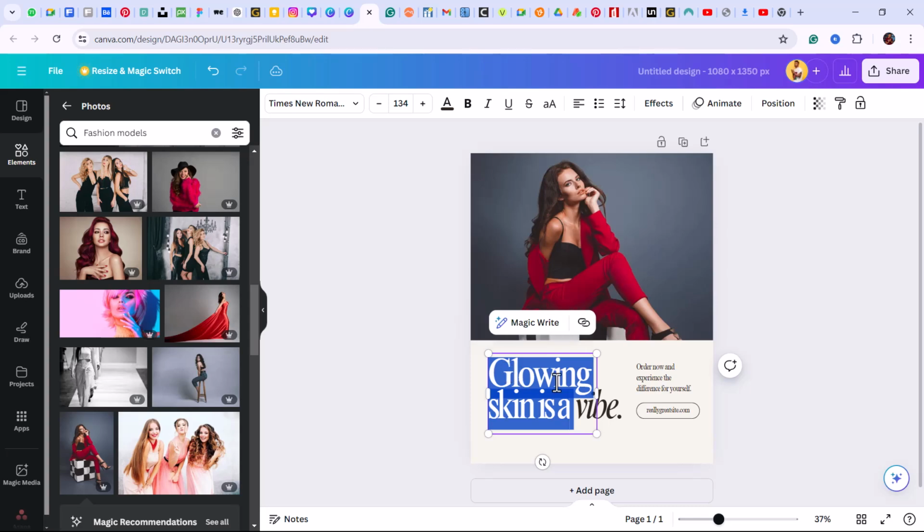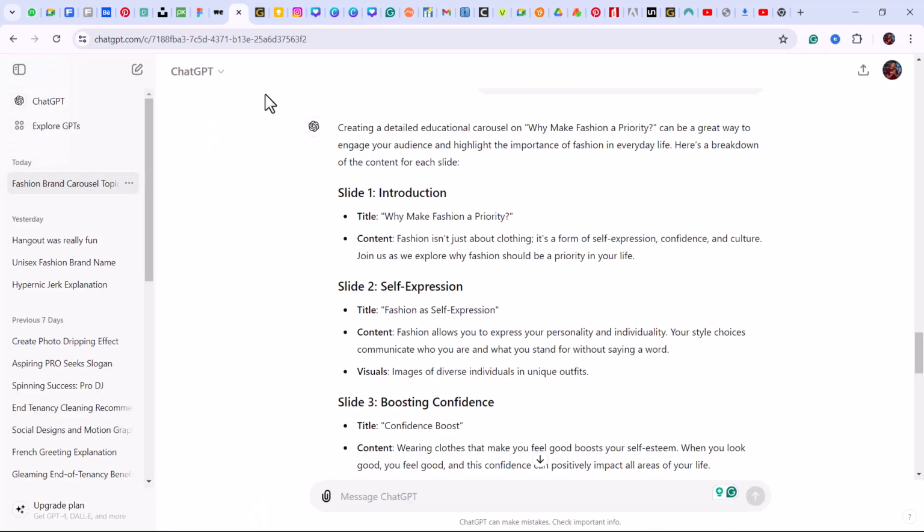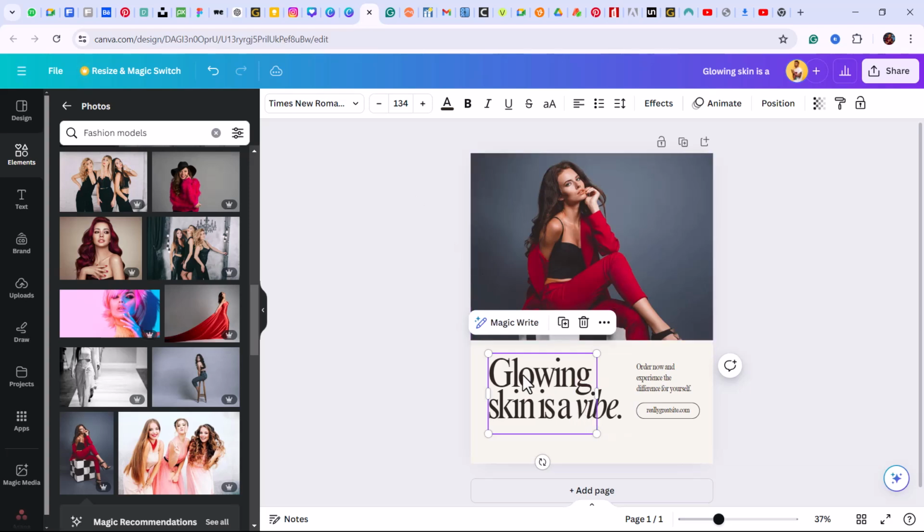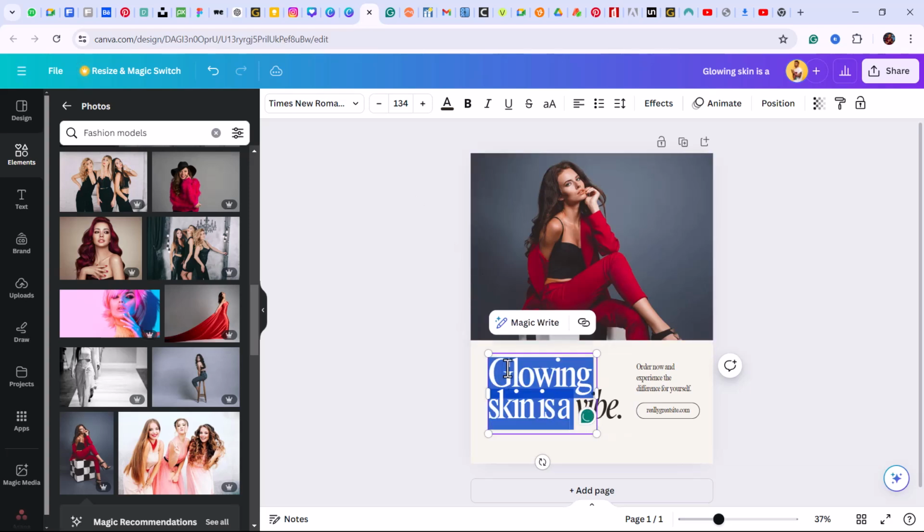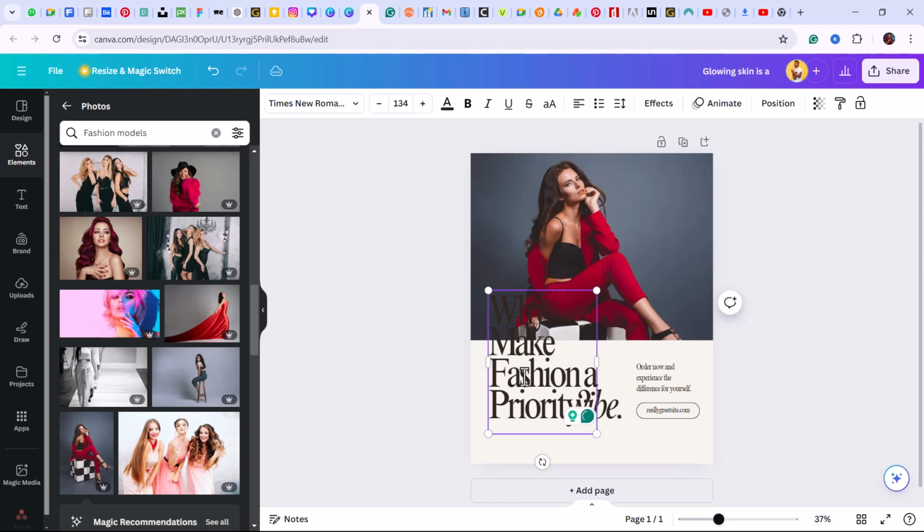So I'm just going to change the text. I'll just go back to ChatGPT, copy, why make fashion a priority. Then I go back to Canva, and then I will just paste this. So why make fashion a priority? I think they separated the text from this one. So let me remove the priority from this text, like so, and then